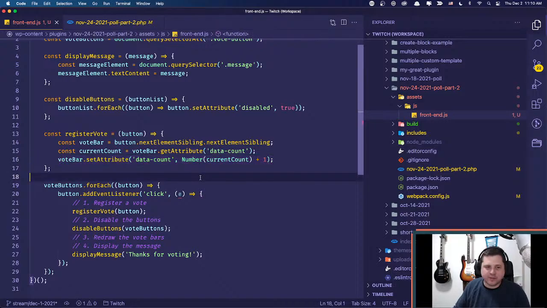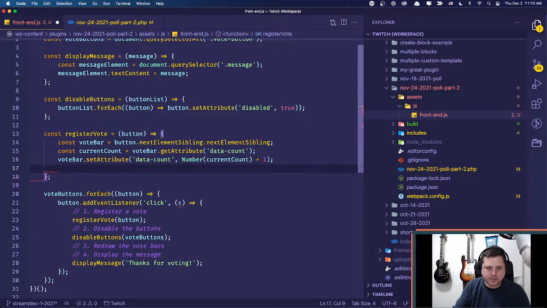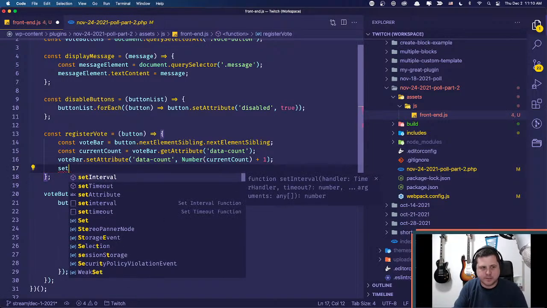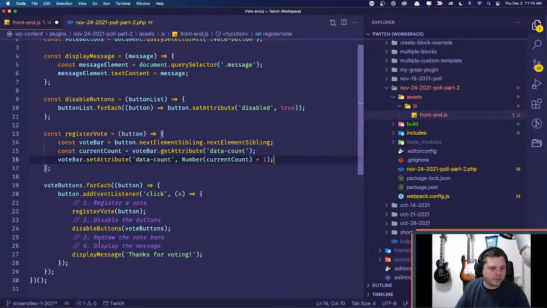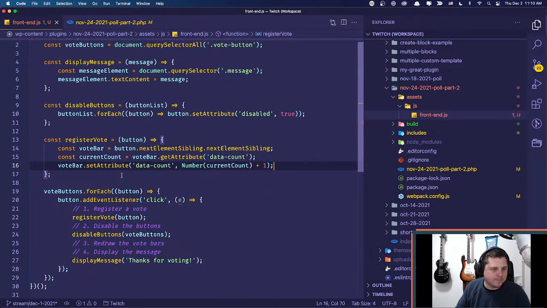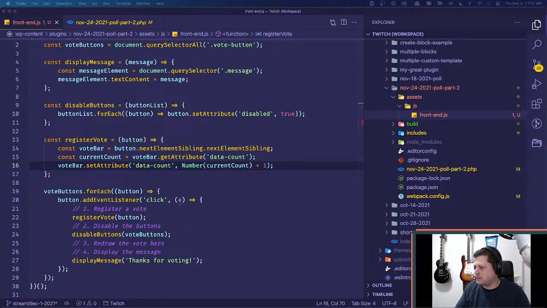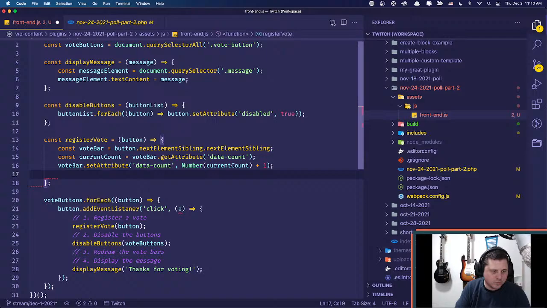Okay, cool. So the next thing we have to do is set the message. Oh no, we don't need to set the message. We're doing that here. I think that's all we have to do to register the vote. Oh no, the other thing we have to do is we're going to go